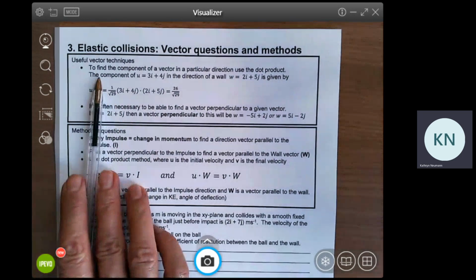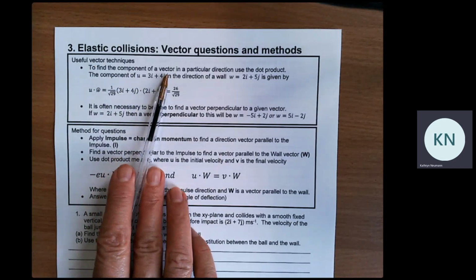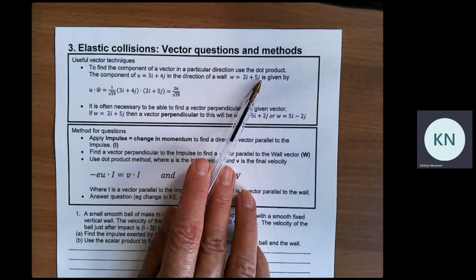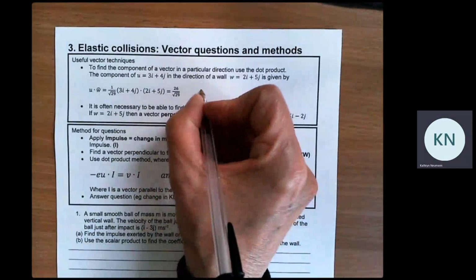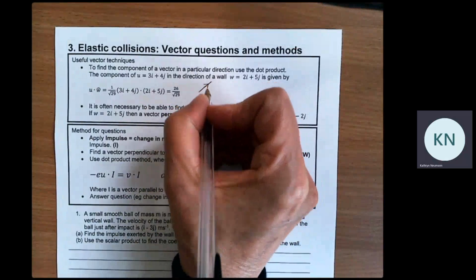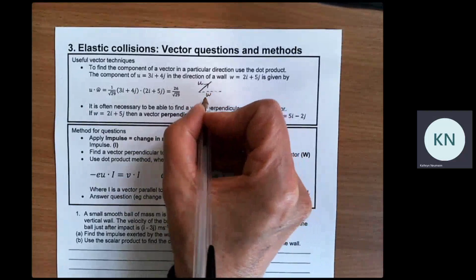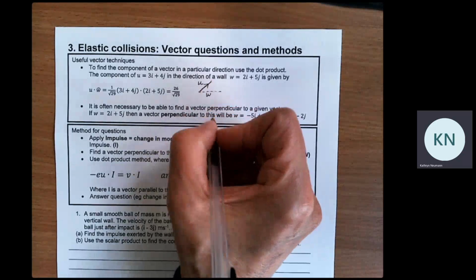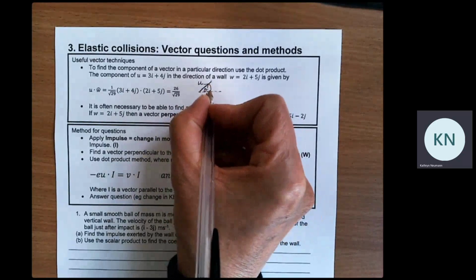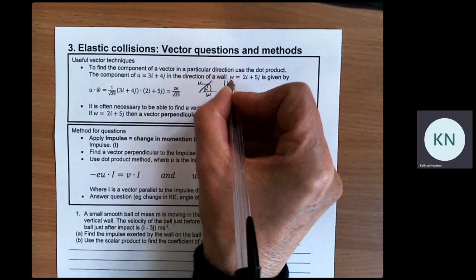Quite often we want to find the component of a vector in a particular direction, and to do that we use the dot product. The explanation for that is quite straightforward really. Suppose I've got a vector u, but I want to find it in this particular direction. Maybe this is the wall and I want to find the component of this vector in the direction of the wall. Now, if that's the angle theta, we'd want to find mod u,